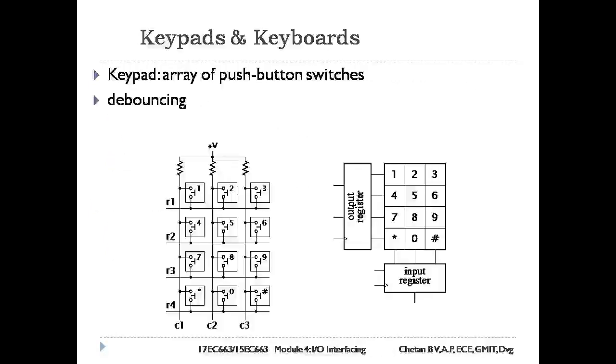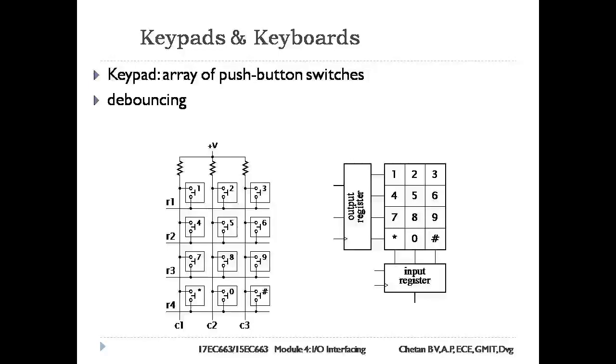Next, let us see input devices. Input devices include switches, keypads, knobs, position encoders, and analog sensors. Keypads and keyboards. A keypad is an array of push buttons. A common technique is to arrange the key switches into a matrix as shown in the figure to scan the matrix